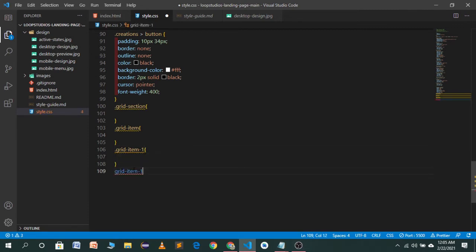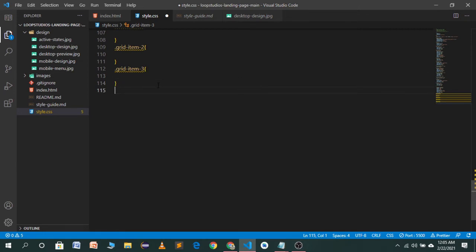Now for the grid item you have to write a dot. I will target all of these grid items. Grid item 2. The other one is grid item 3.